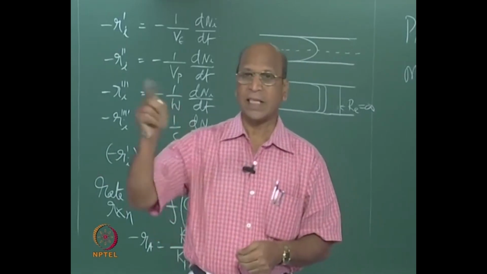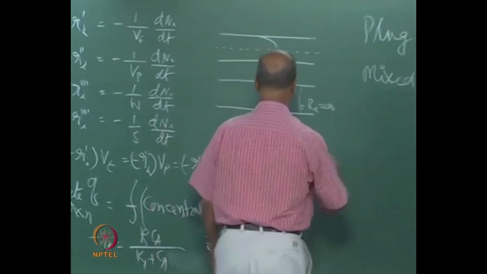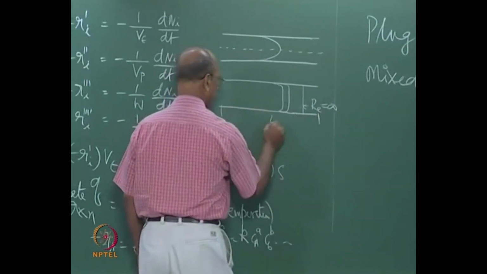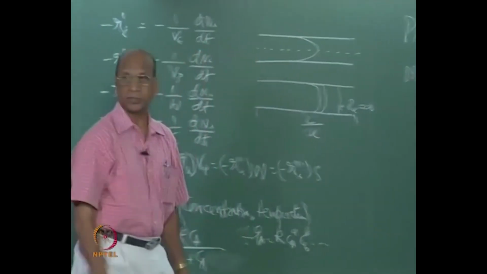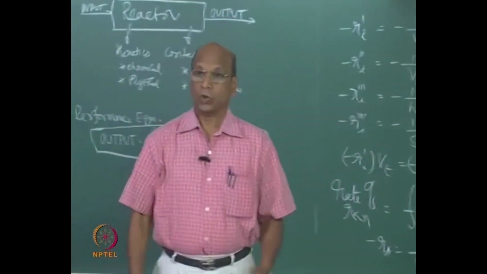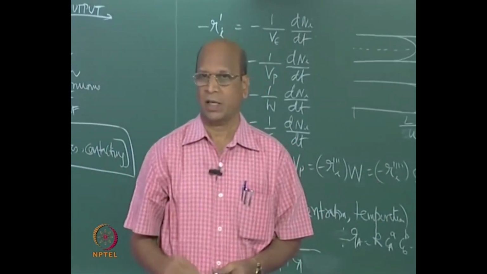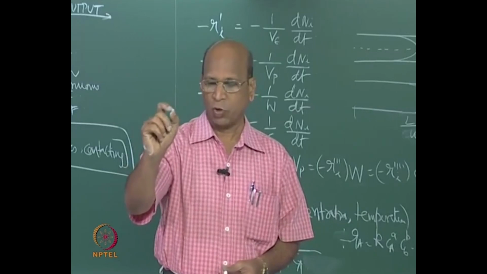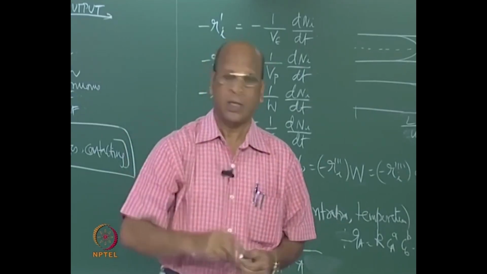As velocity increases, what will happen to the residence time? Residence time is defined as length divided by velocity, right? So when you said gas phase reactions, because of the low residence time required for gas phase reactions, we go for plug flow. The reason is